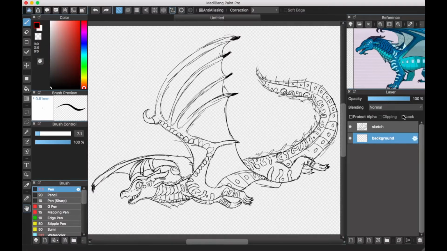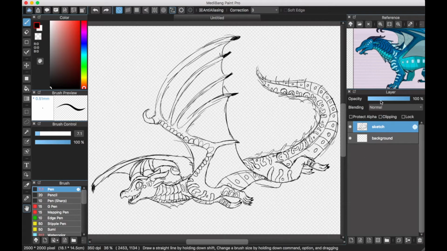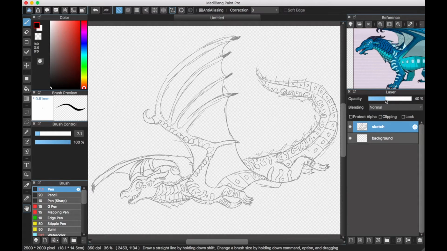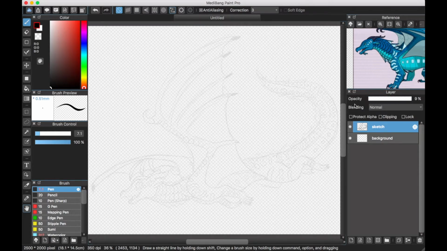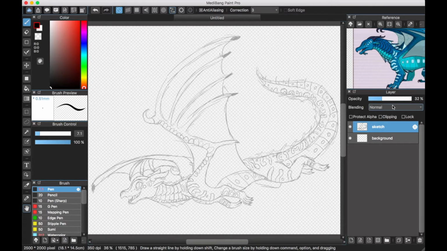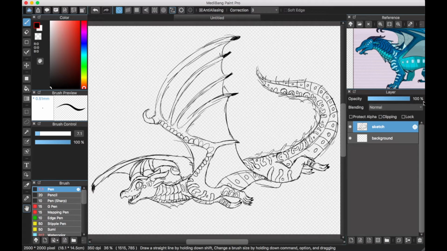So opacity. Opacity is basically just changing the transparency on your layer. So you see mine is at 100% opacity right now. As I go lower and lower, it becomes more transparent until it goes to 1%, which is basically you can't see it at all. So for opacity,